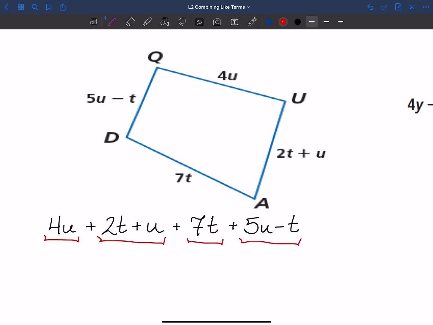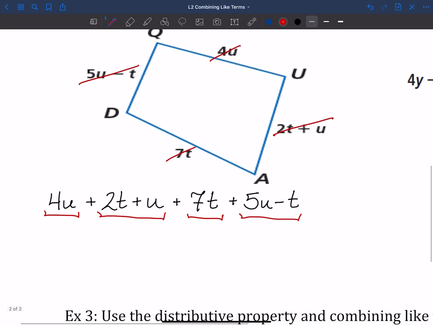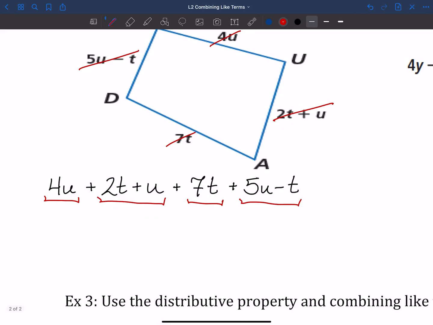Right? So again, start somewhere. If it helps, cross them off as you write them down when you're adding them together, right? That way you can make sure that you didn't miss any. When I'm combining these like terms, I'm looking for things that have the exact same variables and